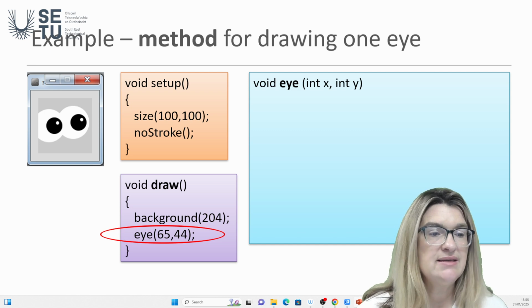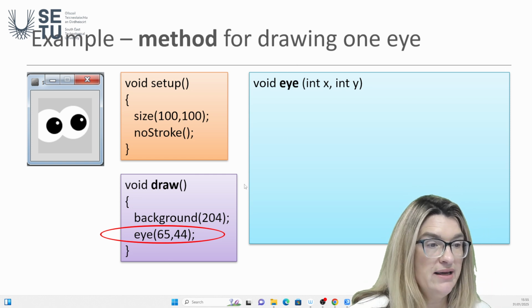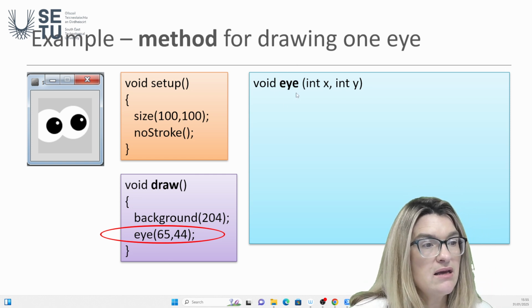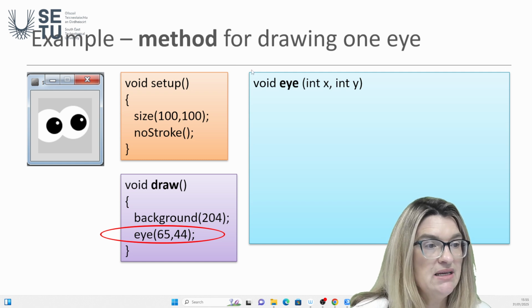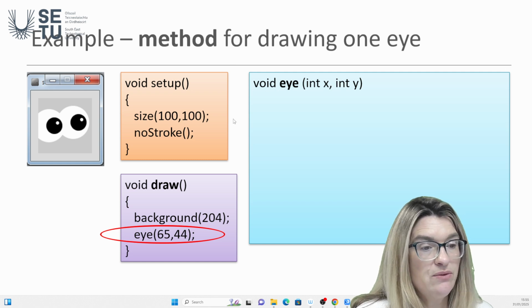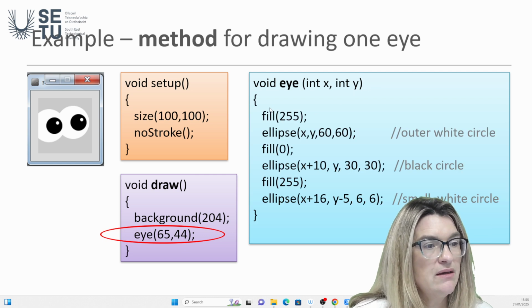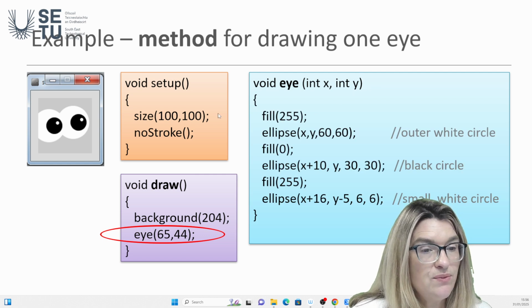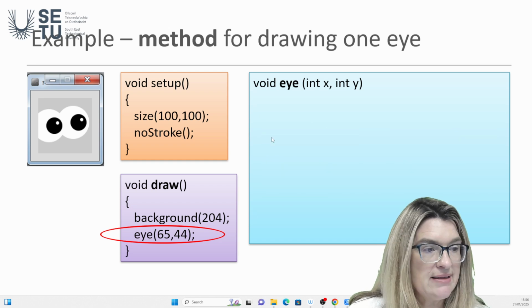So here is our method call. We're calling eye. Eye expects us to pass it two values. We're going to call the first one X and the second one Y. It returns nothing, so it's void, and you can see here we don't need to worry about that here. So we're filling it white, because remember that's the outside. We're drawing our ellipse. So if we go back to the hard code,